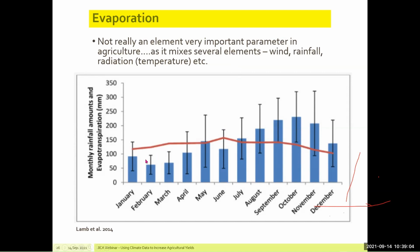So for us in the region, we tend to have high evaporation rate during the summer. Even though we have a lot of rainfall, we have a lot of sunshine. So it would depend, it's not high invariably. As you can see in the latter part of the year, the margin here changes. It depends on how much rain you get and whether or not the bright sunshine is allowed to penetrate the